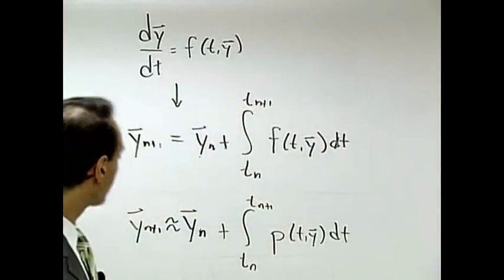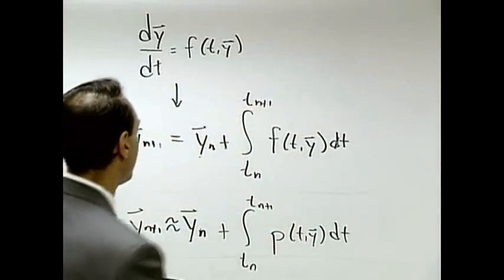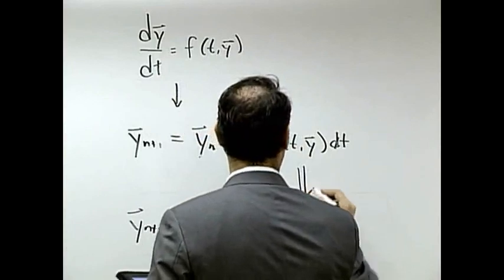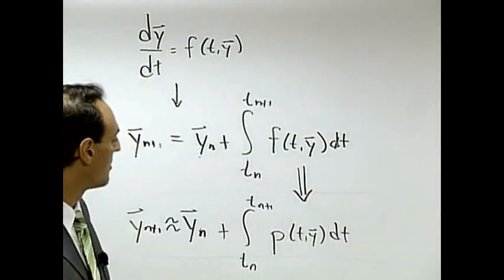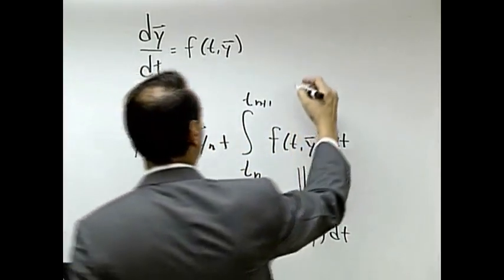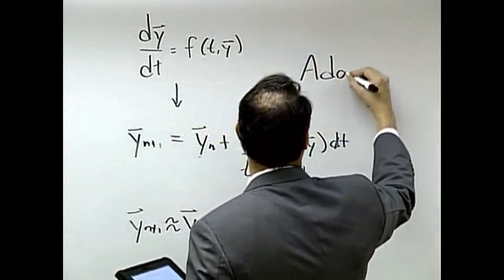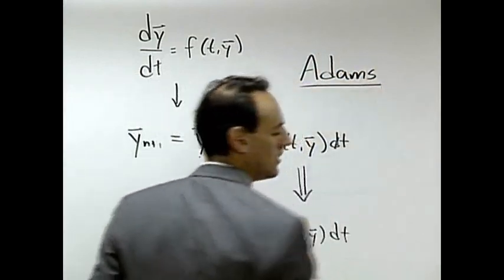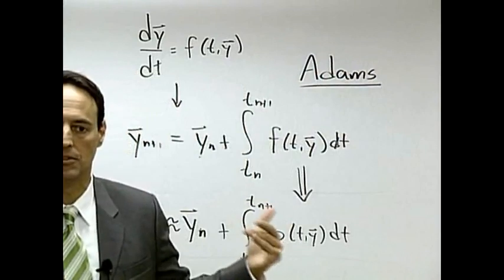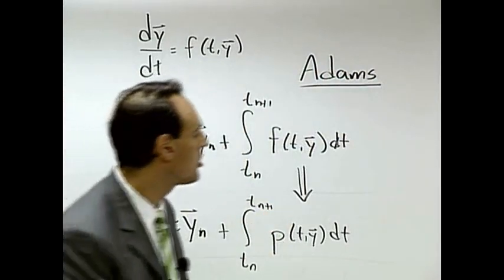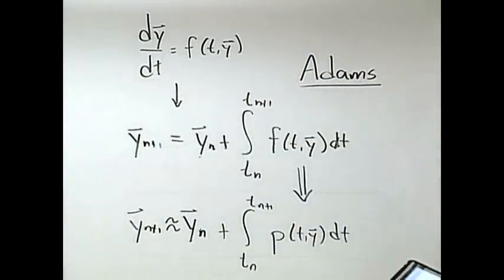Okay, so we're going to fit this up. So here's the big approximation. No longer exact, but if we do this right, we can maybe do something with it. These, by the way, are called Adams methods. Generically, when you cast it in terms of this integral formulation, let me talk to you about one class first, which is called